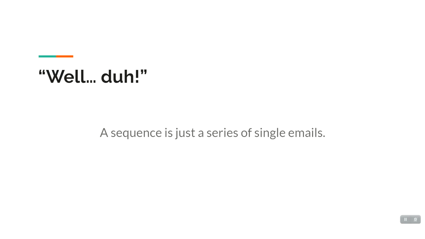And this is the well done moment, because an email sequence is just a series of single emails. And that sounds like a really obvious point. But when you consider that during Sent, I've shown you how to write an email, what to think about, we've looked at the checklist, all the different elements, when you realise that once you can write one email, you can write a sequence, hopefully the complex nature of sequences starts to feel a little more doable, a little more within your reach.